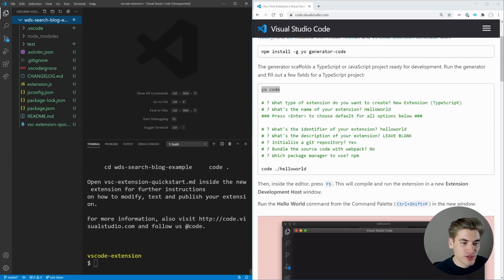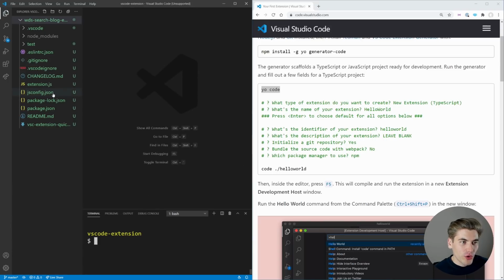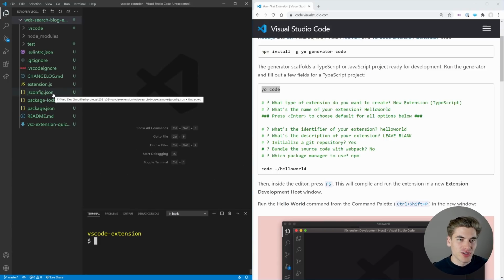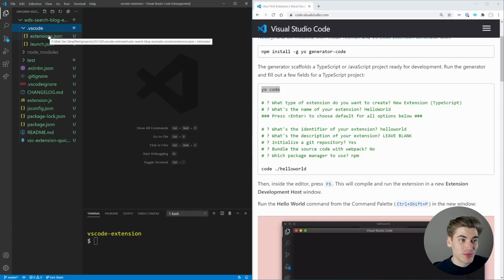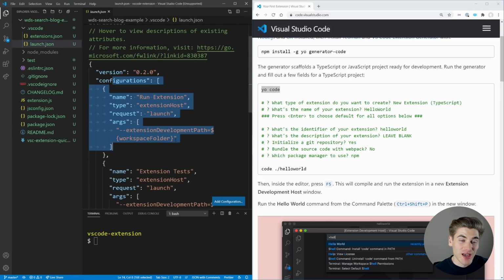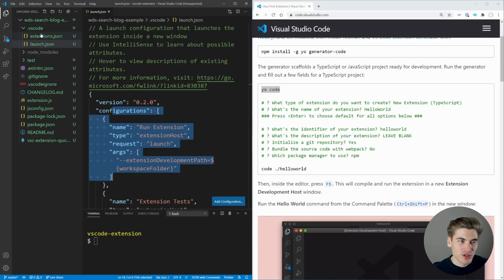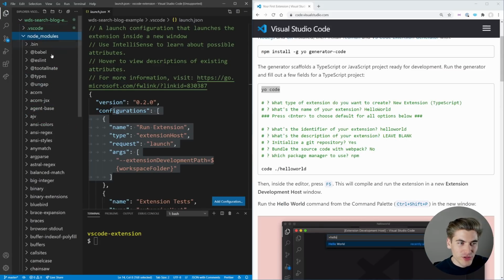So now that all finished running, we can just clear this out, minimize down this terminal, and we have all the boilerplate code over here for our extension. And you'll notice it's actually a lot of code, so I'm going to kind of briefly go through what each of these sections means so that we can understand exactly how this works. This .vscode folder up here just simply sets up the ability for us to launch another version of VS Code where we can actually test our extension in. So you don't really have to worry too much about this. This is really just setting up a second version of VS Code for us to be able to run in debug mode.